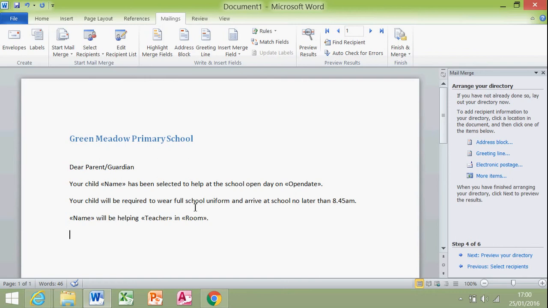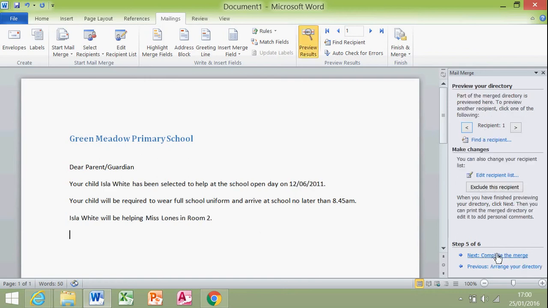Right, so that's that all arranged, hopefully. I'll click on next to preview the directory. This is the first one. You always have a little look through, you're checking for spaces and stuff. And here you can flick through the different recipients. No problems there. At this stage, if you're happy,